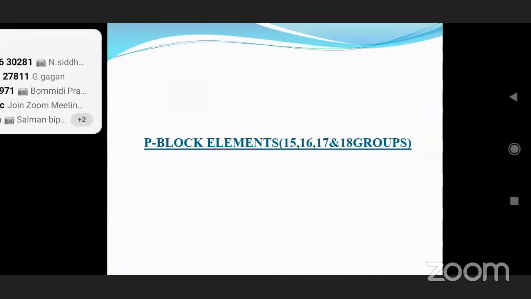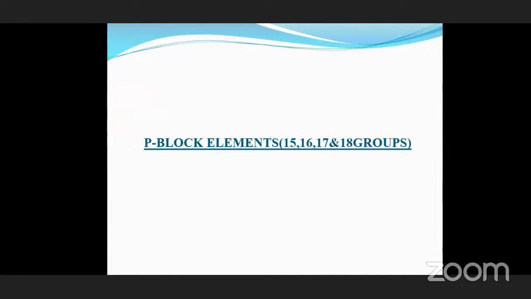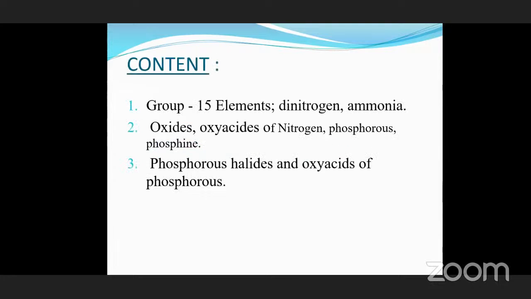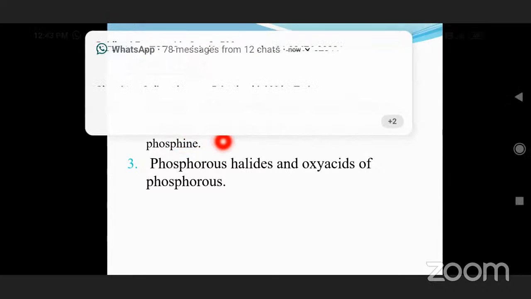Okay, sir. Okay, welcome to this session. In this session, we have to explain about the p block elements. Actually, in p block elements, there are the 15th, 16th, 17th, and 18th groups. That means by clubbing 4 groups, we have to discuss the p block elements in second year chemistry. Apart from this, we have to explain about the 15th group elements. Here in 15th group elements, there are dinitrogen, ammonia, oxides, oxyacids,